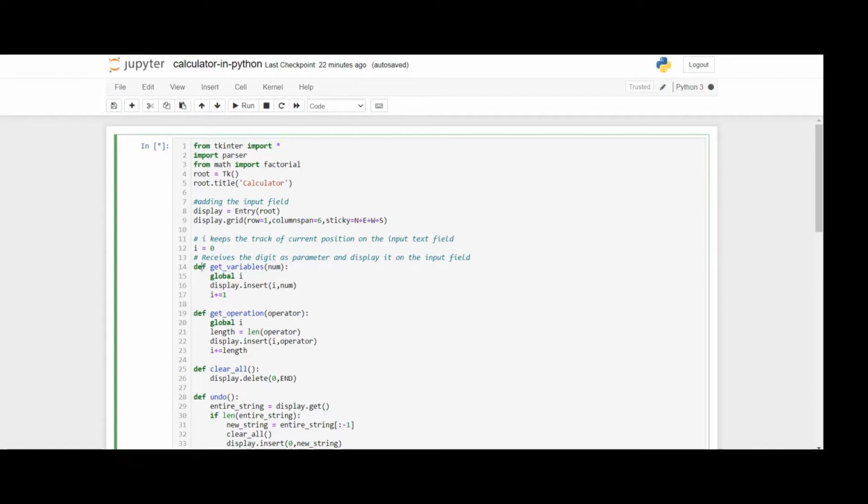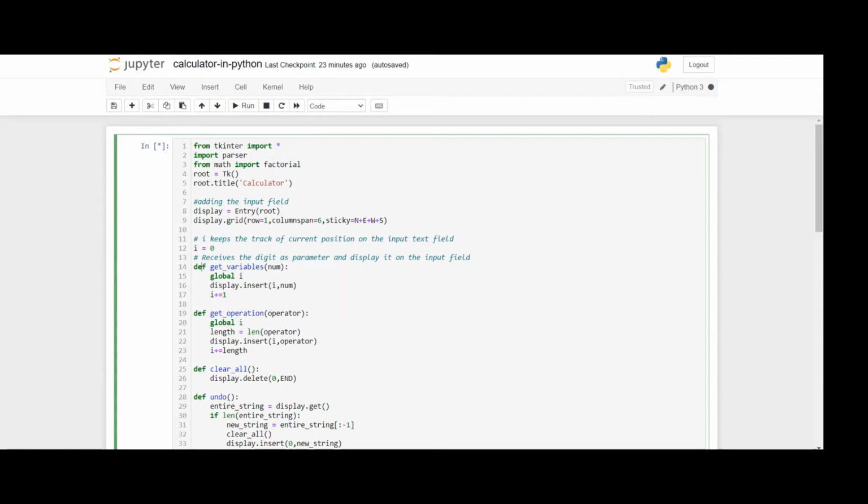As per my previous videos, at first we import some libraries. Here is the most popular library, also an inbuilt library in the Python software, tkinter. Tkinter is a GUI based Python module or library which is used to create a GUI platform. GUI platform means a user dependent platform.